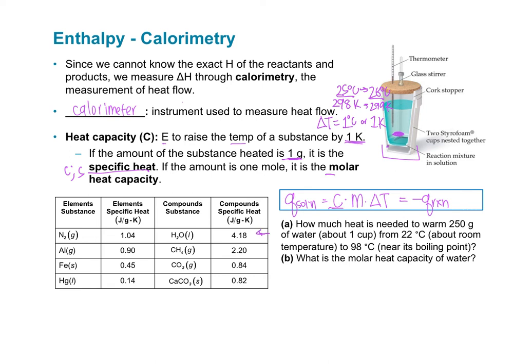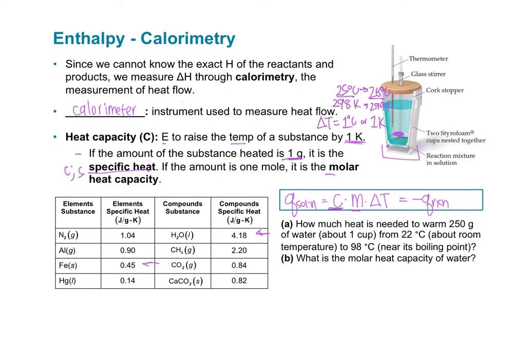If you compare that to something like metal, right, you put a baking tray in the oven, and it gets hot really fast. But if you put some water in the oven, or even on the stove, it's going to take a really long time for it to heat up because it takes a lot of energy to change the temperature of water. So if you're heating water by a lot, then you have to put a lot of energy into it to get that to happen. So that's where this C comes in.